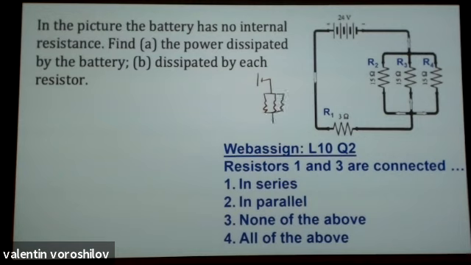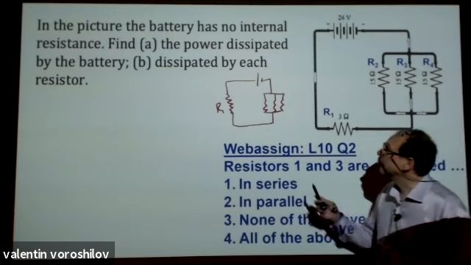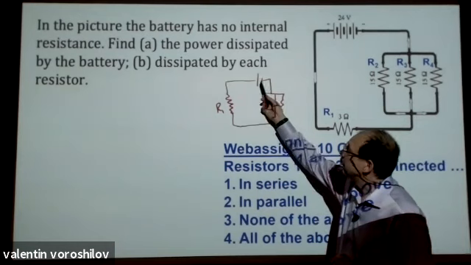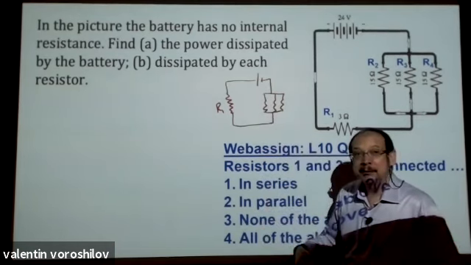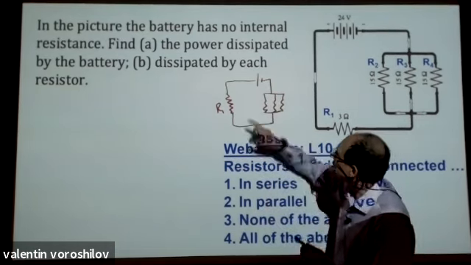So I could kind of make this wire longer and this wire shorter and physically move the resistor in parallel. It would look like in parallel, but it isn't, because this battery, an additional element, makes voltage here